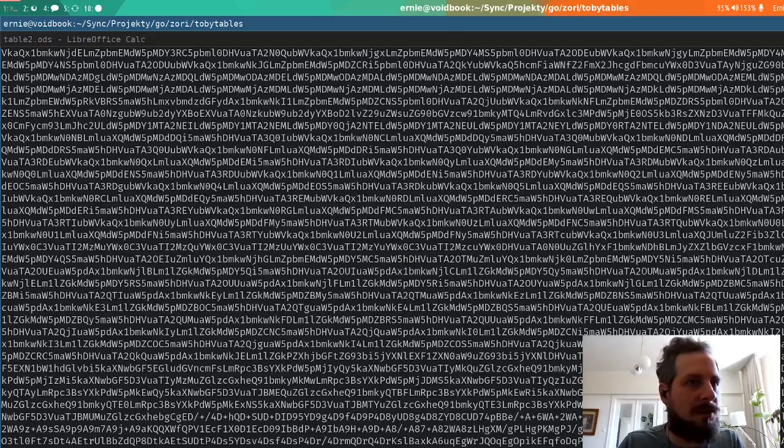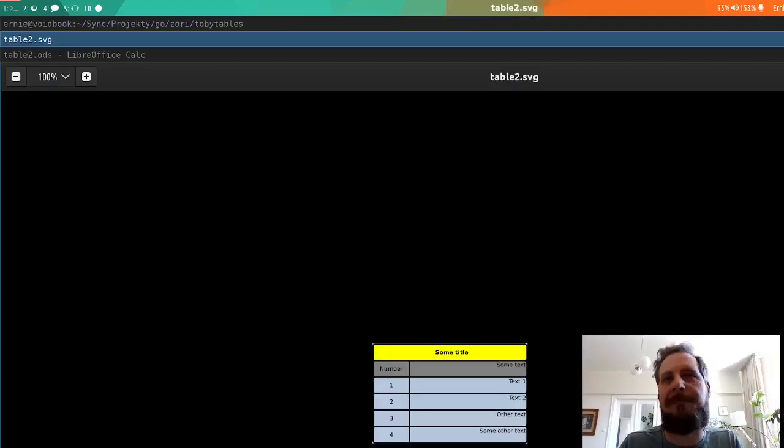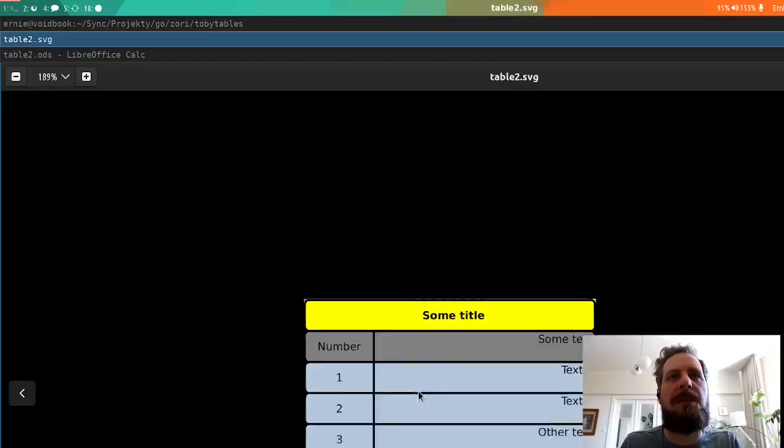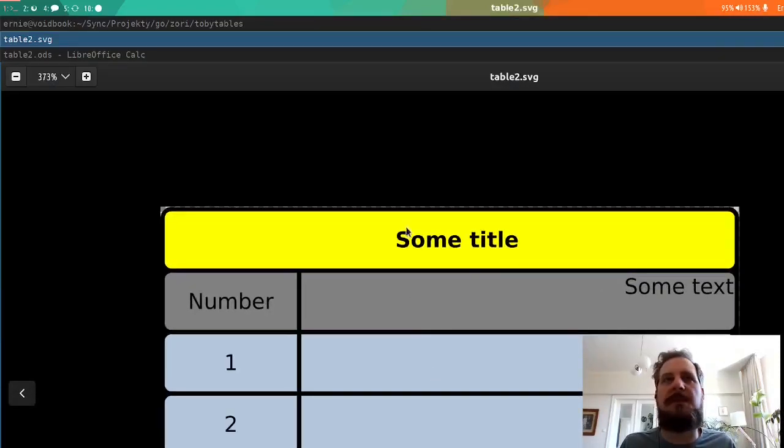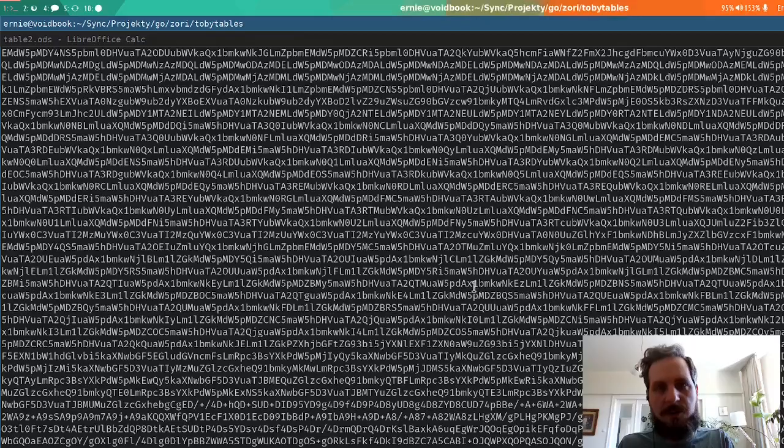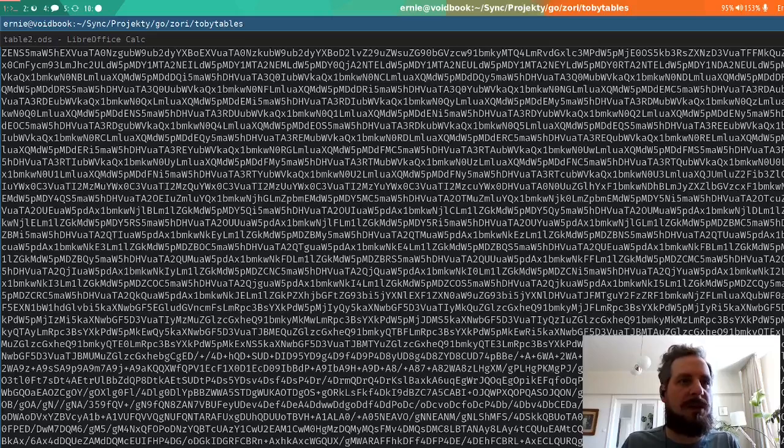I didn't test it yet, but let's do it now. Yeah, it looks the same, because I have these fonts in my system. And now when we look at the size, we can see that it is 4.8 kilos. So that's another thing, and I will talk to the author of this